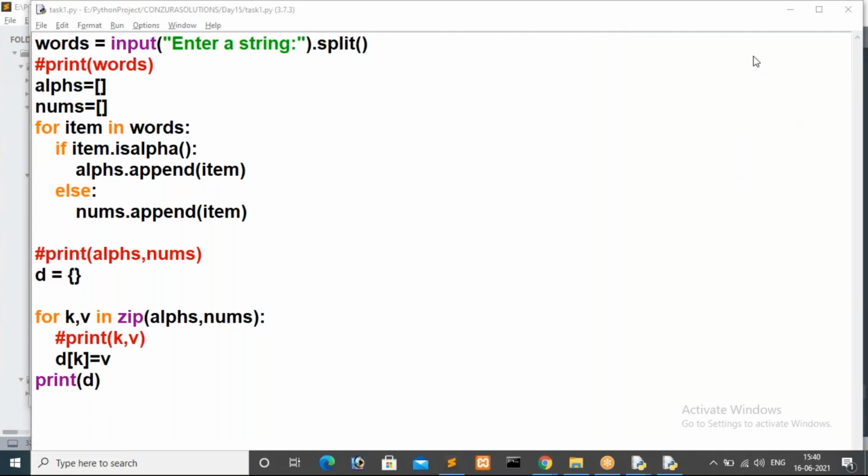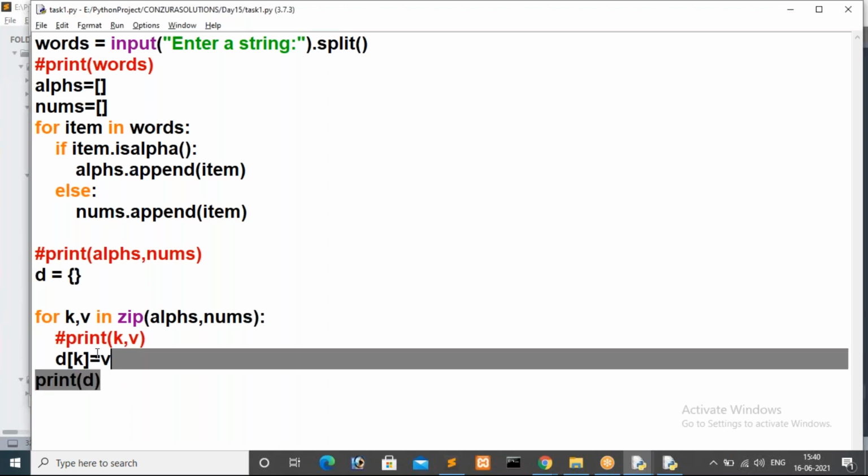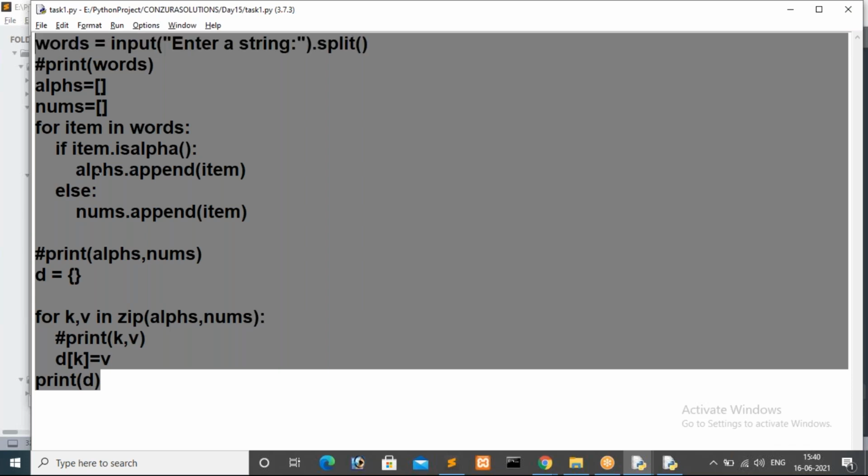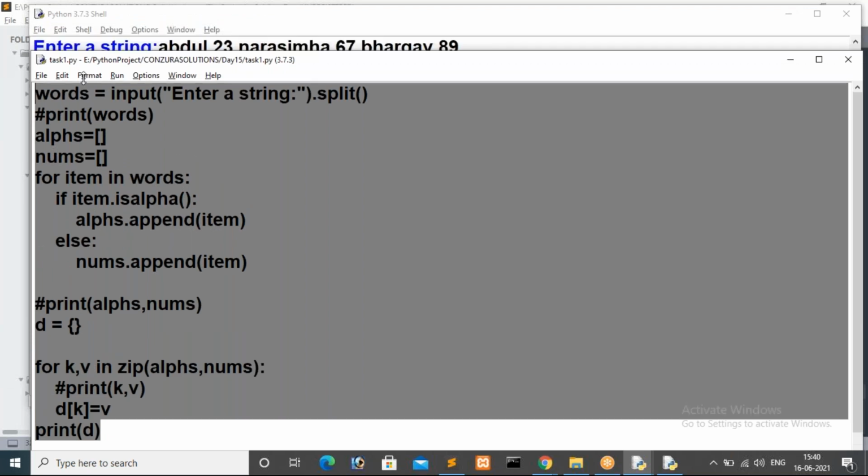We have to improve our analyzing skill, guys. I hope it is clear to you all what I did till now. For this you can give input in a number of ways, guys. Even if you want to give all words one time, then all numbers another time, it will consider whatever way, because I implemented this logic in a dynamic way, so it will accept everything.